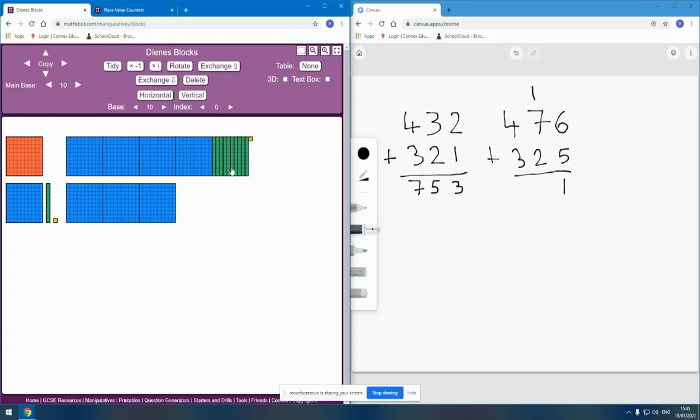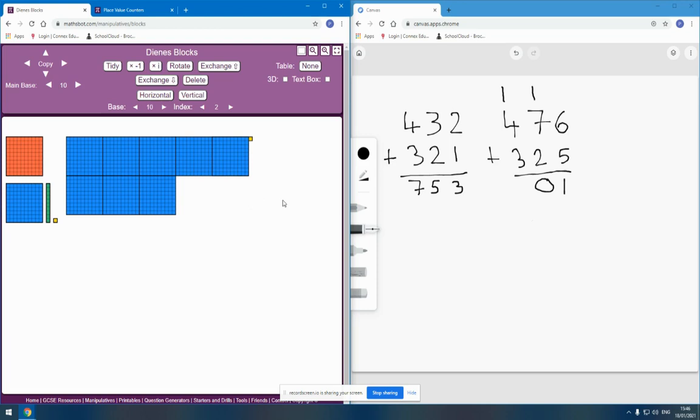I actually now have 10 tens, but that's enough to exchange for an extra 100. So now I have no tens rods left at all because I've exchanged all of those for 100 rods, but I do now have an extra 100 block than I had before. And so now I can finish off by connecting together my hundreds blocks. I have my 400 from before plus this extra 100 that I created from my tens, and now if I connect together my remaining hundreds,